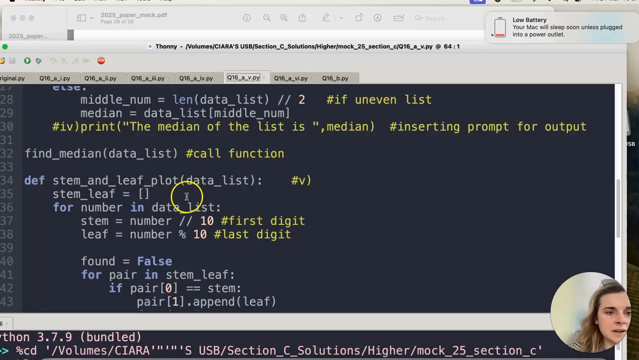So how I did it there was stem leaf. We created a new list called stem and leaf. So it's an empty list. There's nothing in it at the moment. So we're going to add to that list. For number in data list, so again, we're going back up to that data list. We're using that. So for each number in that data list, stem equals number floor divide 10, because that's how you get your first digit. And then